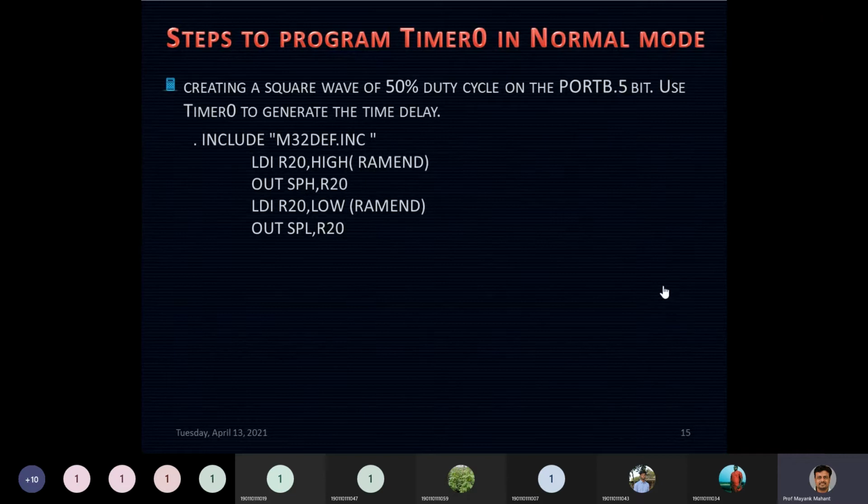Yes, just text me why we use the highest memory location to be loaded in the stack pointer, why not the other? If your mic is not working, you can text me. 42 number. Hello, 42 number. Yes, sir. Why do we go for the highest memory location? 22, I am waiting for your text message. Till 42 tells me. Sir, I don't know, sir. 47.